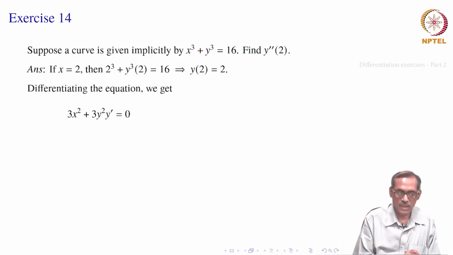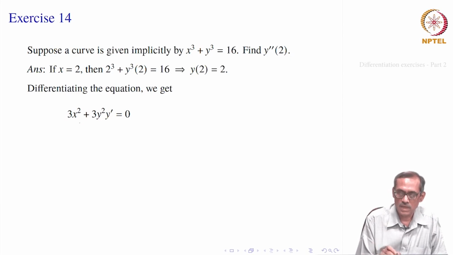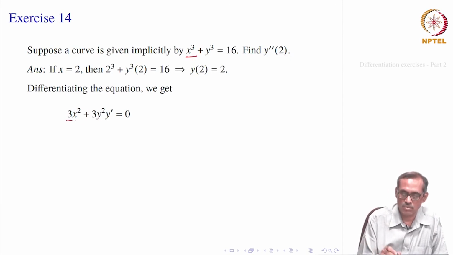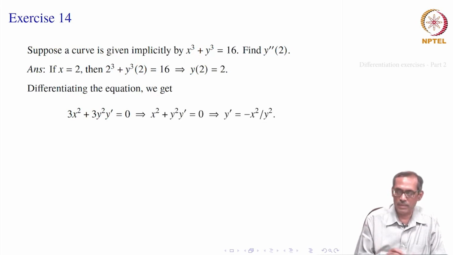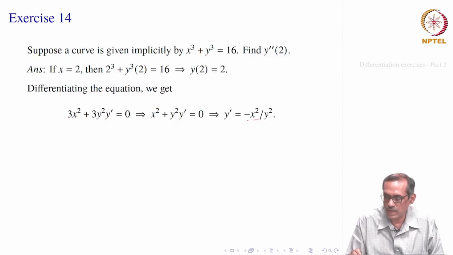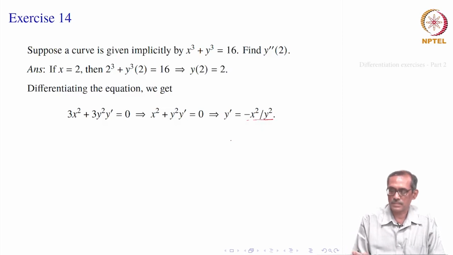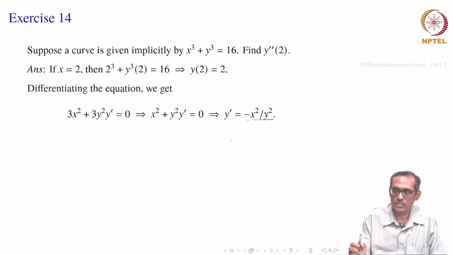All right. Okay. Now, let us differentiate the equation. So, we get x cubed gives 3x square and y cubed with respect to y gives 3y square and y with respect to x gives y prime. So, we are differentiating with respect to x, and on the right side of course constant. So, that gives 0. So, that gives y prime equal to minus x square divided by y square, and we want to find at 2 of course, but it is not y prime at 2, it is y double prime at 2. So, we need to find one more differentiation.